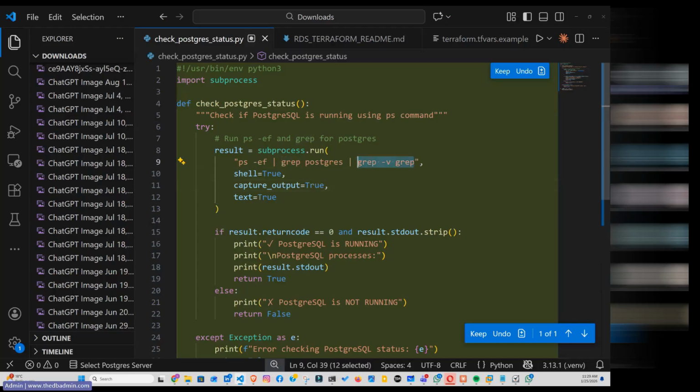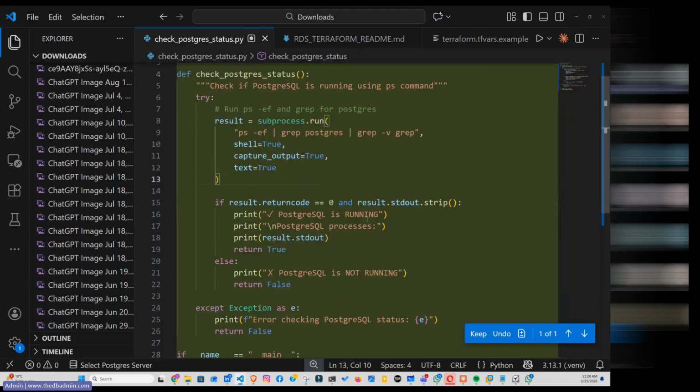I understand ps minus ef grep postgre, it will exclude the grep. Very good. So it will exclude the grep process from the output and will not show the grep one. I'm telling shell equal to true, meaning this command is going to execute on the shell. Capture output true, meaning capture the output of the above command, and capture it in textual format. Okay. So if this particular variable return code equals 0 and result equals stdout strip,